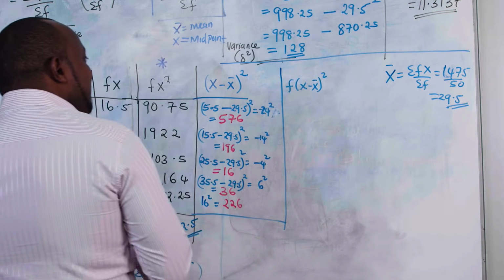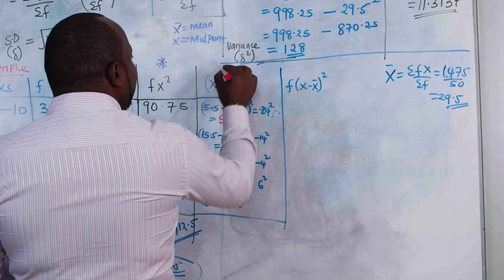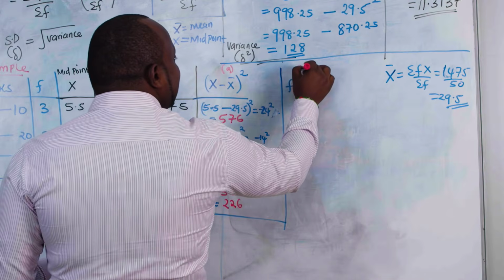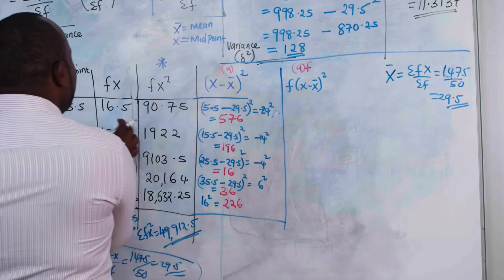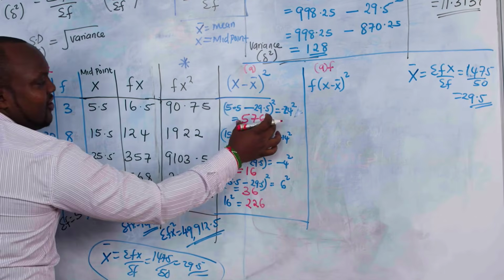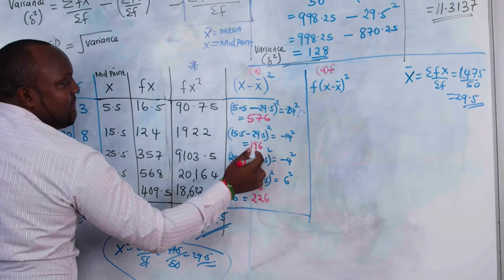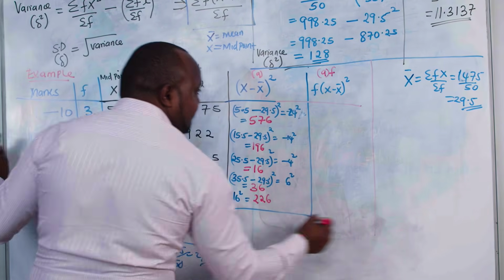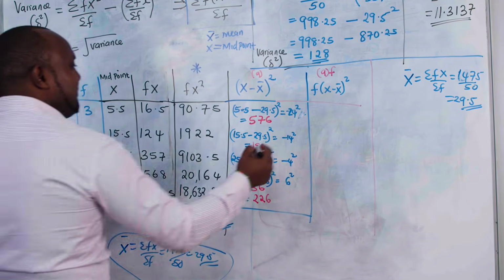So in this case, maybe I can call this one table A. I'm going to multiply with my f, so it will be A times f. So I'm going to get whatever I got here times my f, because it is f times x minus x bar. So in this case, it will be simple. I like showing how we got the first one. For this one, it will be just 576